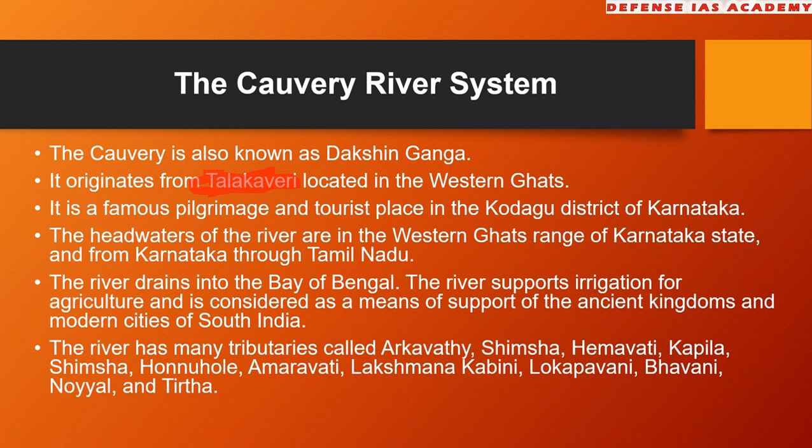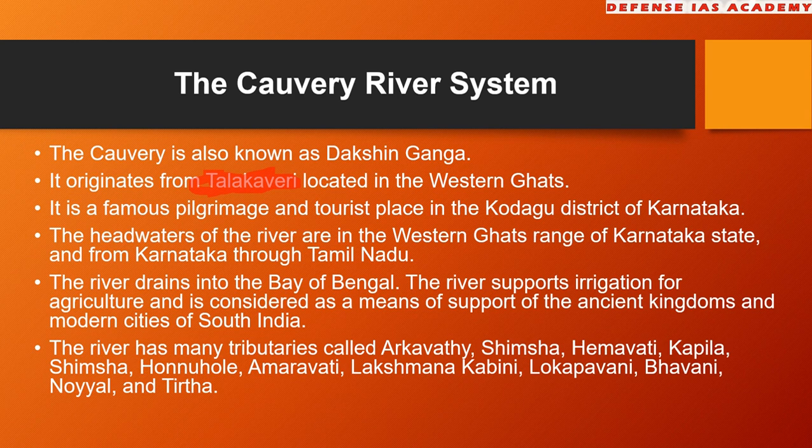The headwaters of the river are in the Western Ghat ranges of Karnataka state, and from Karnataka it flows to Tamil Nadu. The river drains into the Bay of Bengal. The river supports irrigation for agriculture, and is considered a means of support of the ancient kingdoms and modern cities of South India. The river has many tributaries called Arkavati, Shimsha, Hemavati,